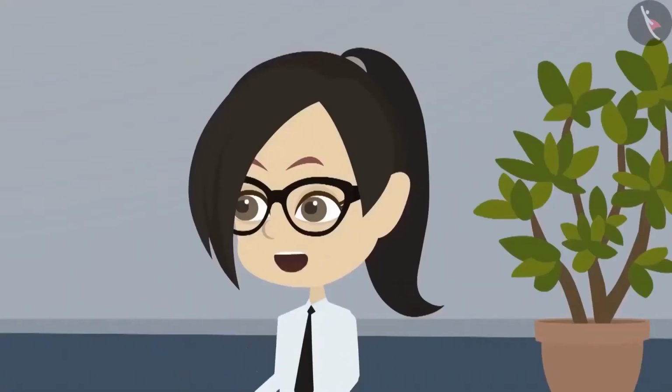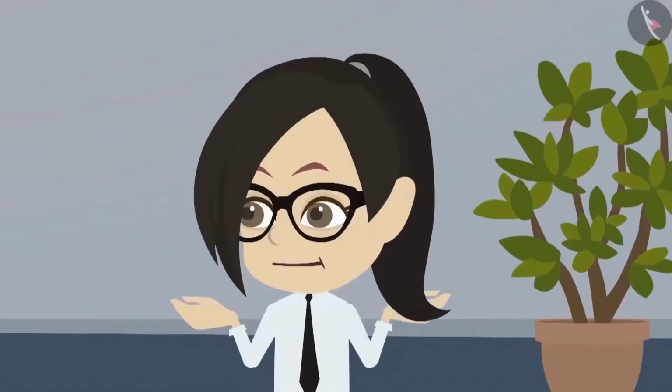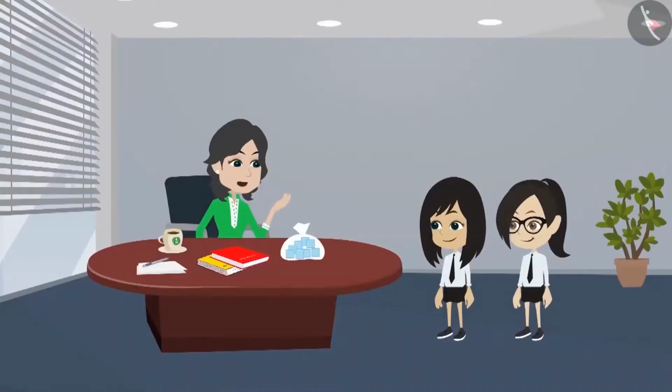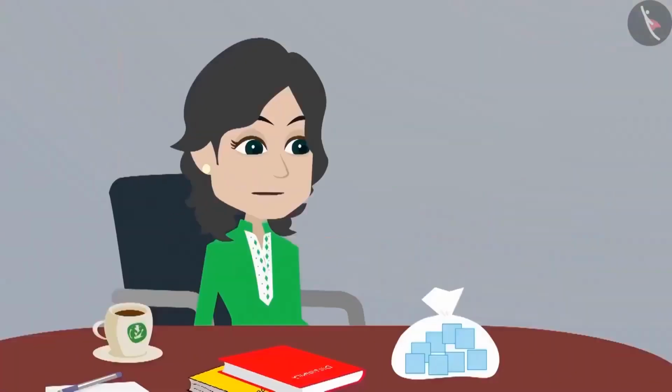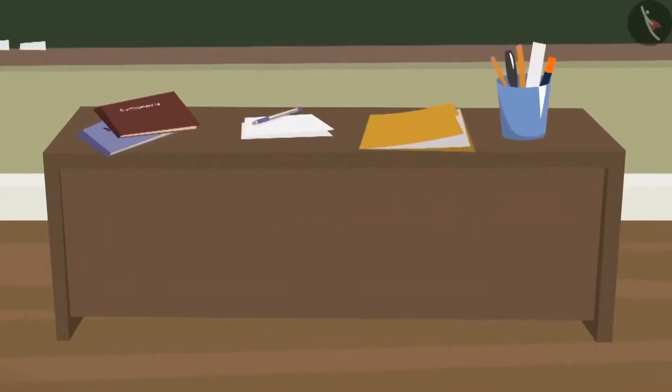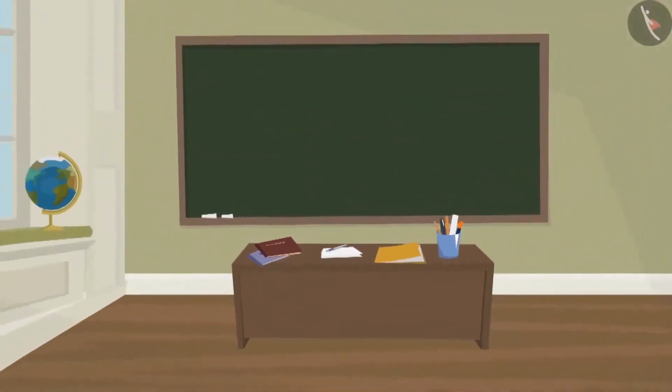But madam, why do we need to measure like this? See, Vandana, every object has a different purpose, and that purpose defines how the object will be measured. For example, when making your class desk, special attention is paid to all the things that will be placed on it. The more items that can be placed on it, the more useful it becomes. So, to measure your class desk, we will measure how much space it occupies.